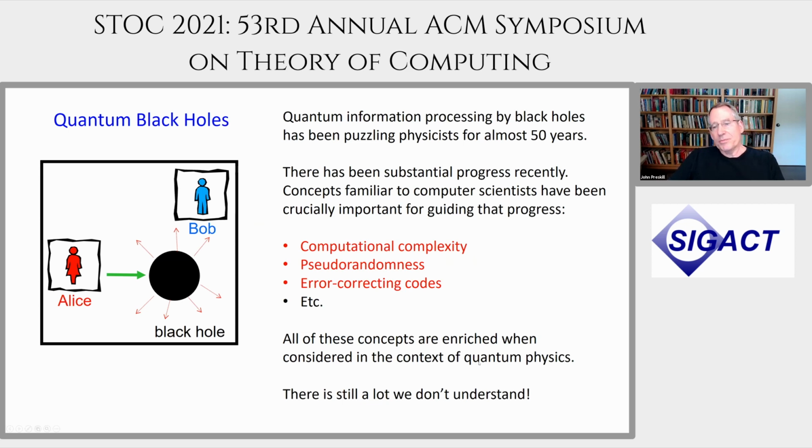And there's actually been substantial progress recently in understanding these issues, where concepts from computer science have really been crucially important for guiding our progress. Concepts like computational complexity, pseudo-randomness, and error-correcting codes. These are all concepts developed in the context of classical computing, but they are enriched when viewed from the perspective